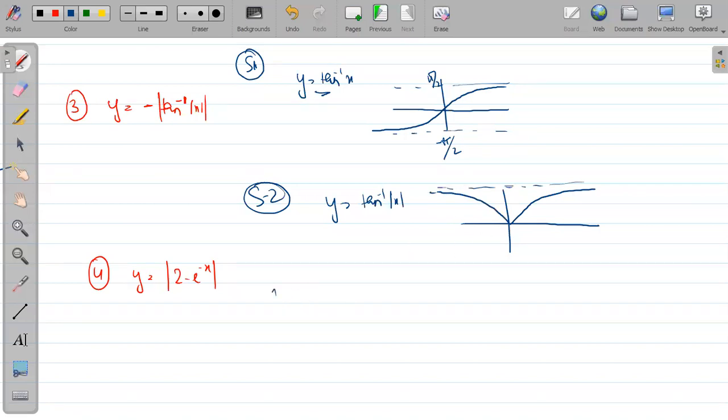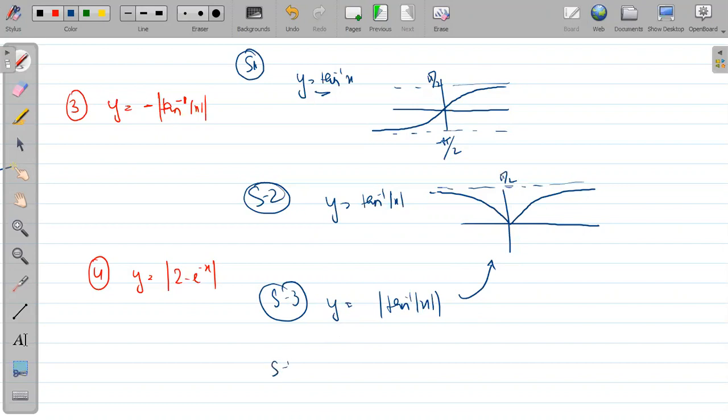It's already positive. So step 3 is what? It's already a positive function. So if you are putting mod over this part, there is nothing below in the negative y part. So what to remove and what to take an image of? There is nothing. So you will get the same graph only. There is no transformation in step number 2 and step number 3.